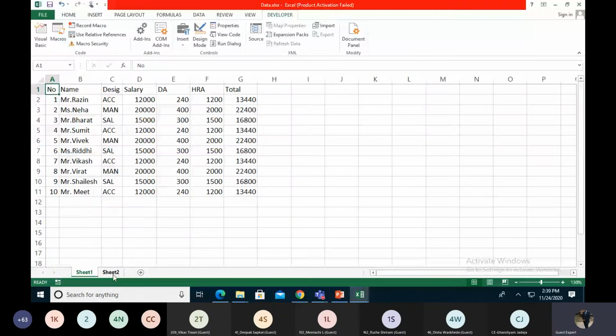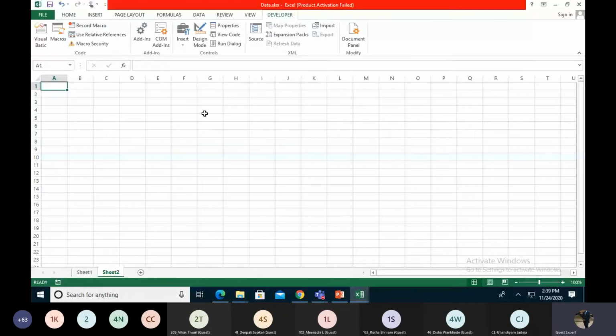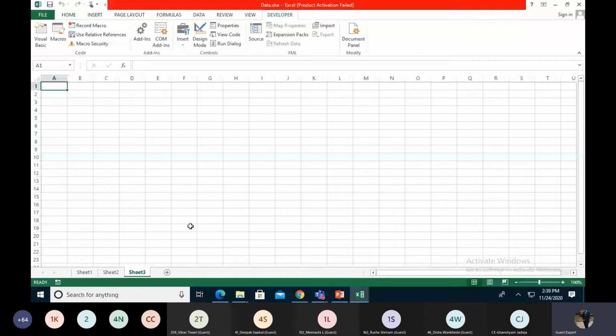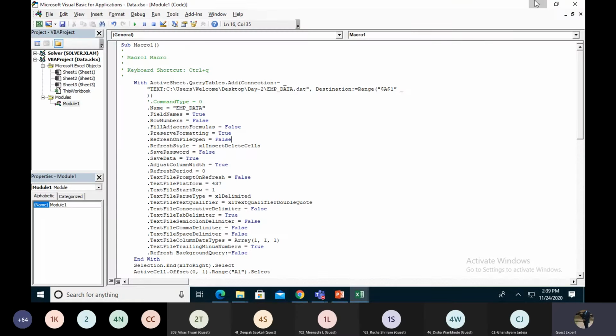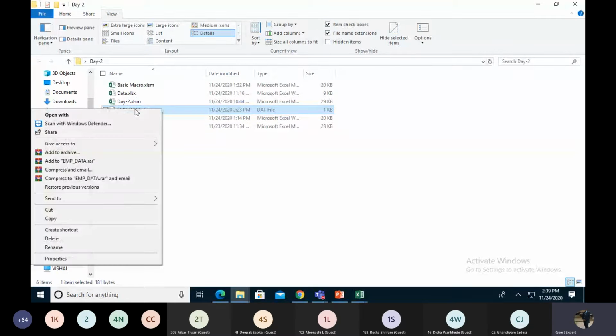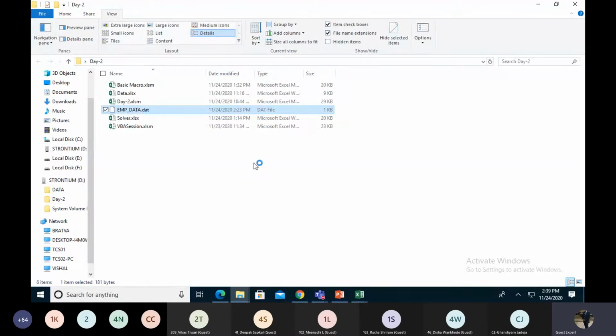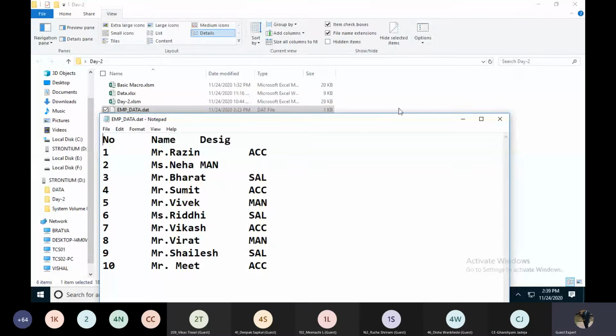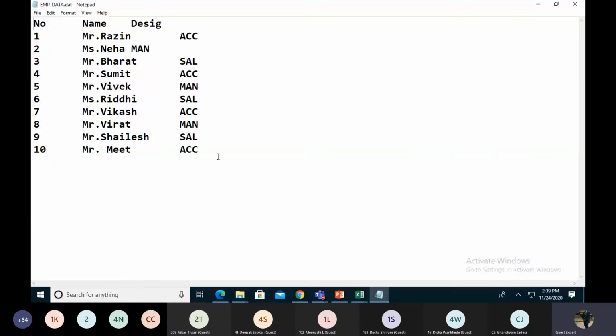So let's check it out in sheet number 2. My shortcut key is Control Q. So I just press Control Q and it gives me all the data. Even in sheet number 3, I'm just adding more data right now. If the same file is given and I'm adding more data,